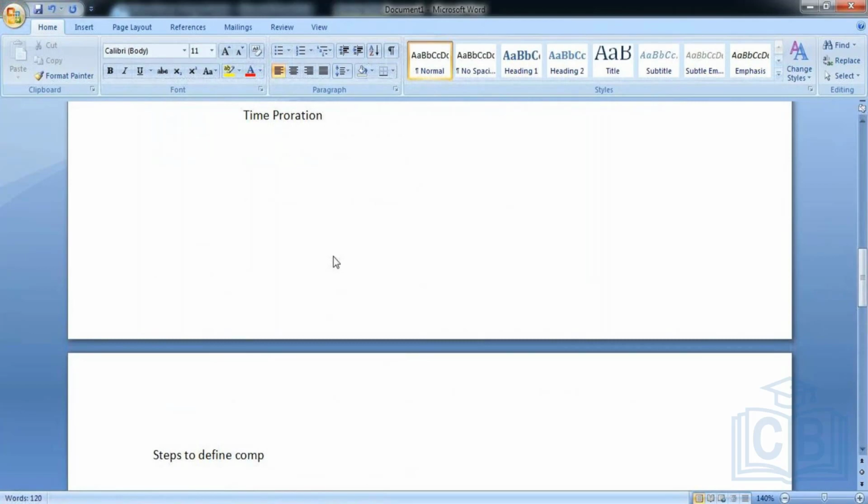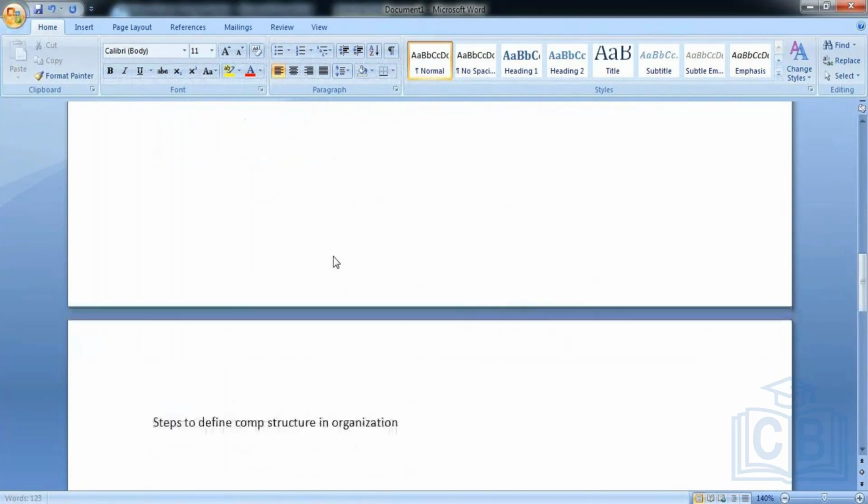Comp structure in organization. First one. Okay, so the first step that you'll be doing is you will define frequencies which are